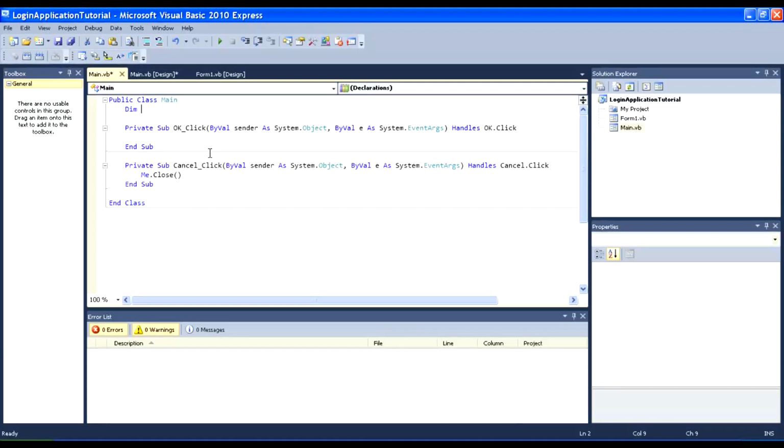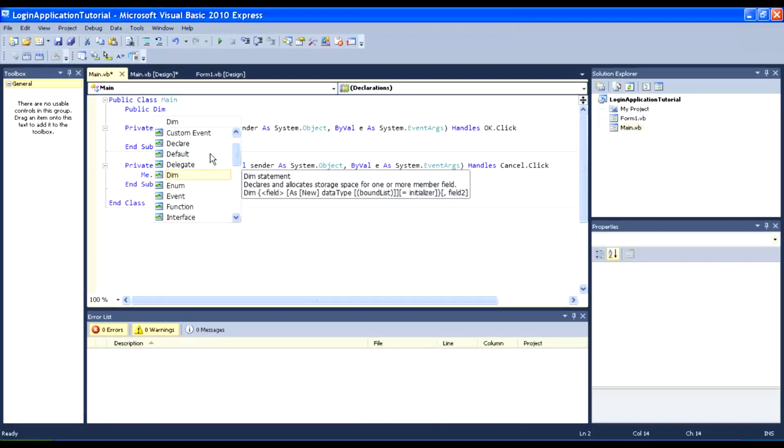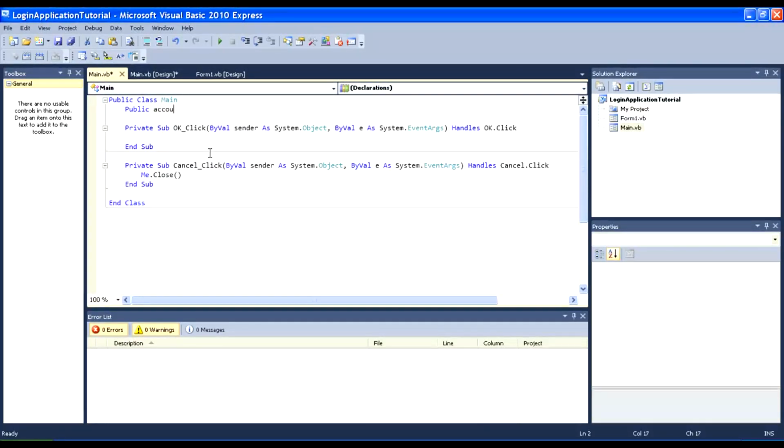So what you want to do is do dim, or you can set it as public, and you can declare it. So public accounts as new